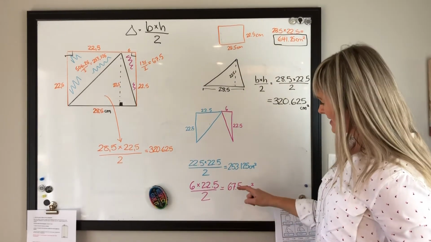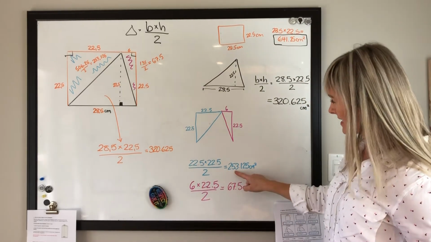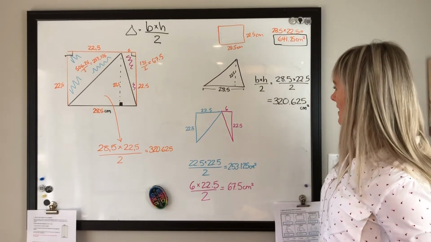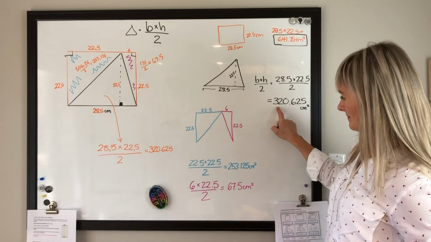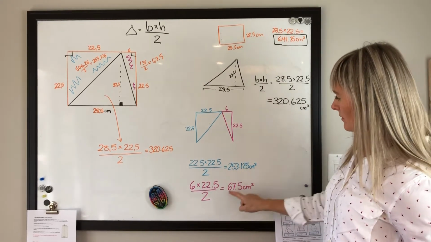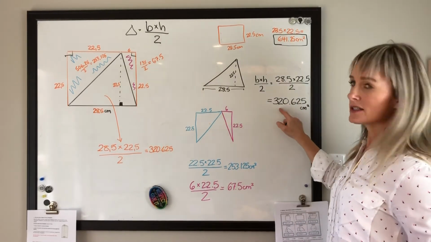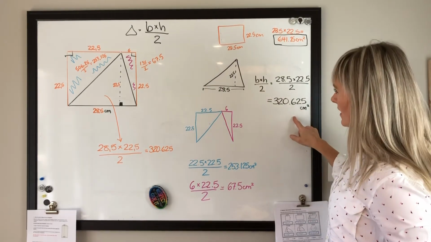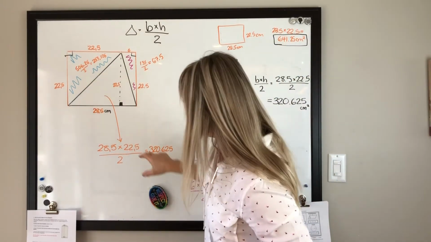Well, if we take this plus this, we are going to have the same as this. 253.125 plus 67.5 is 320.625. So this area